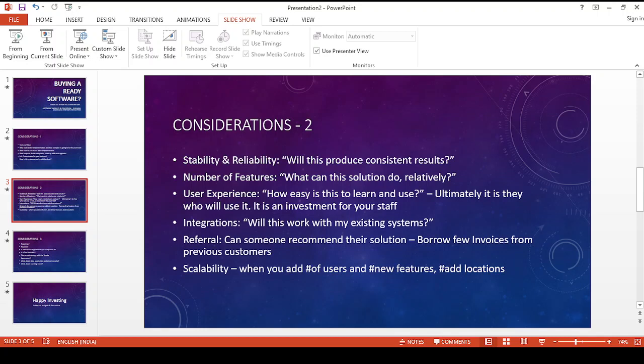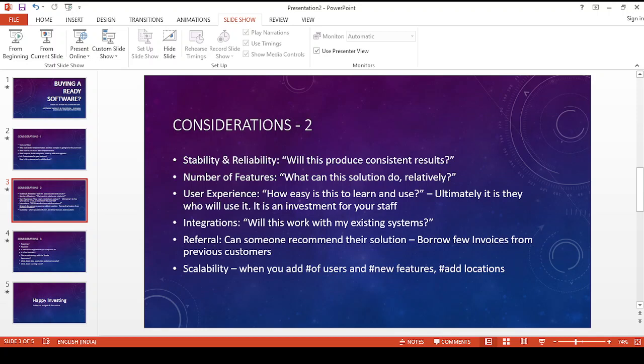So integrations. Many times what happens is, a company like yours might have some homegrown systems. You have taken some open source software, you have considered software from a local vendor, and there is a huge possibility that you might still want to use the same software because it has benefited you for the long term. Now this new software has to talk to the old system, and you will be using the two systems parallelly. So this is an important question that you need to ask your vendor.